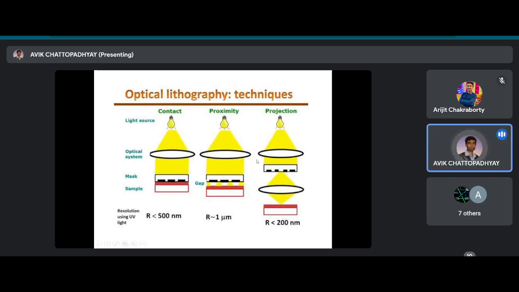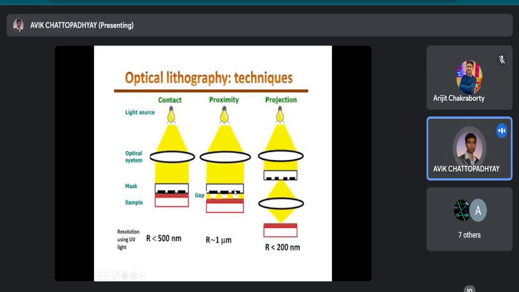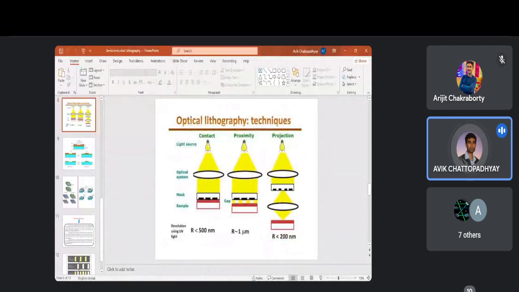Okay, so in our last class, there are basically three types of exposure systems in optical lithography technique, but we discussed mainly these two. The second one is proximity printing, or proximity type of exposure. Here, the main difference between proximity and contact printing lies in